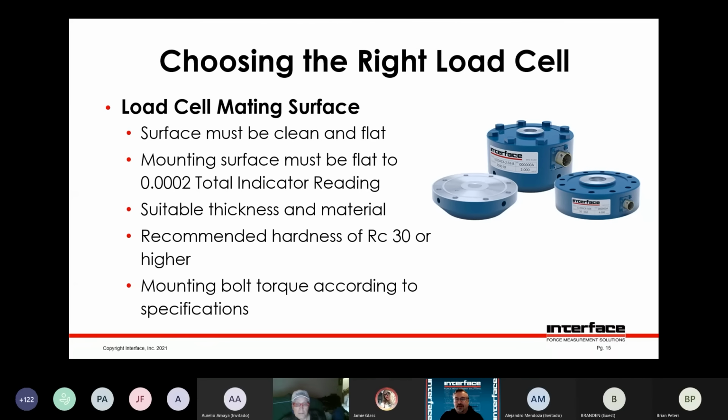If you're using a load cell without a base, it's important that it be mounted to something that's similar to our base. And the bases are quite flat. They're also thick and stiff enough so they don't deform under load. You can get your most accurate measurement that way. So for example, if you had a load cell without a base and you mount it to a thin plate, as you load, the plate will bend and it'll distort your measurements. It may bring off-axis loads and bending into the load cell.